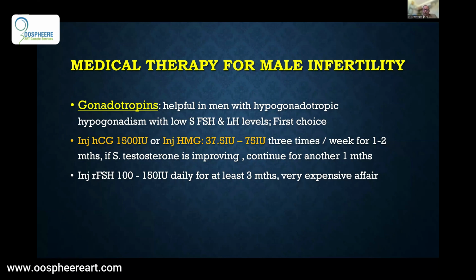Generally, HMG is used at 150 IU, and you have to use it 3 times a week for at least 2.5 months. That comes to somewhere around 12 weeks. Though it is written here 37.5 to 75 IU, generally you need 150 IU of HMG. You have to give it 3 times in a week, every week continuously, for at least 8 weeks, and then you can check the semen analysis for